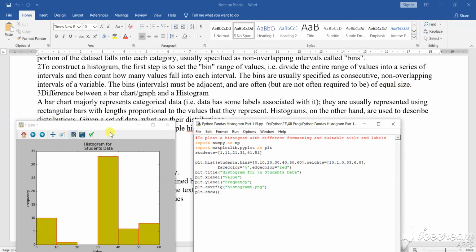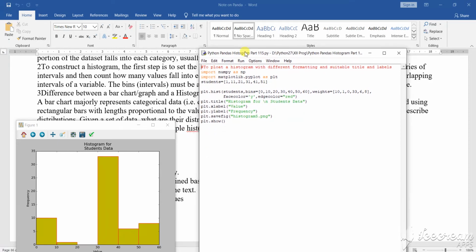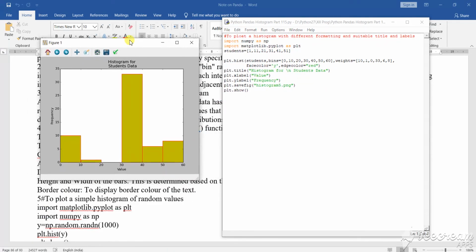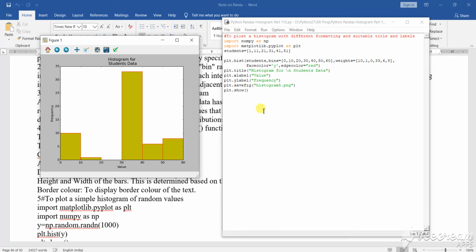That means the interval that you are giving, the interval that you are showing, based on this interval your graph will be plotted. So 0, 10, 20, 30, 40, 50, 60. This is what I have taken for it. Now here my extreme range is say 33. So in this equal phase, that means equal values of 5 each, it has taken the highest limit as 35. Now face color I have given yellow, and edge color has been given red.